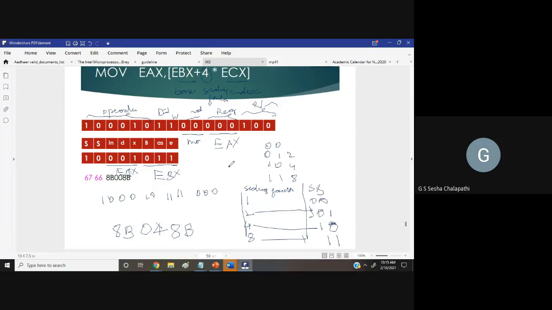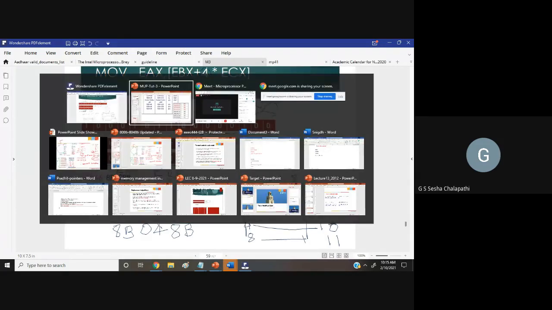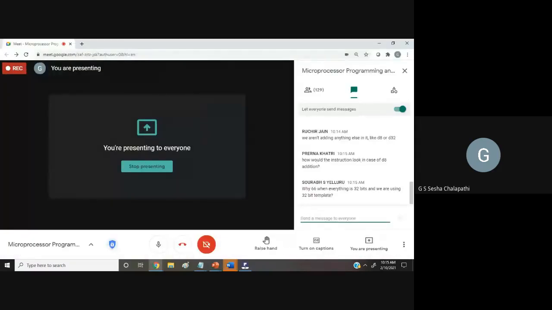Any queries here? Why 66 when everything is 32 bits? We are using a 32-bit template, but you are operating in 16-bit mode, real mode. When you use a 32-bit address template in 16-bit operation mode, you get a 67 for the address override.